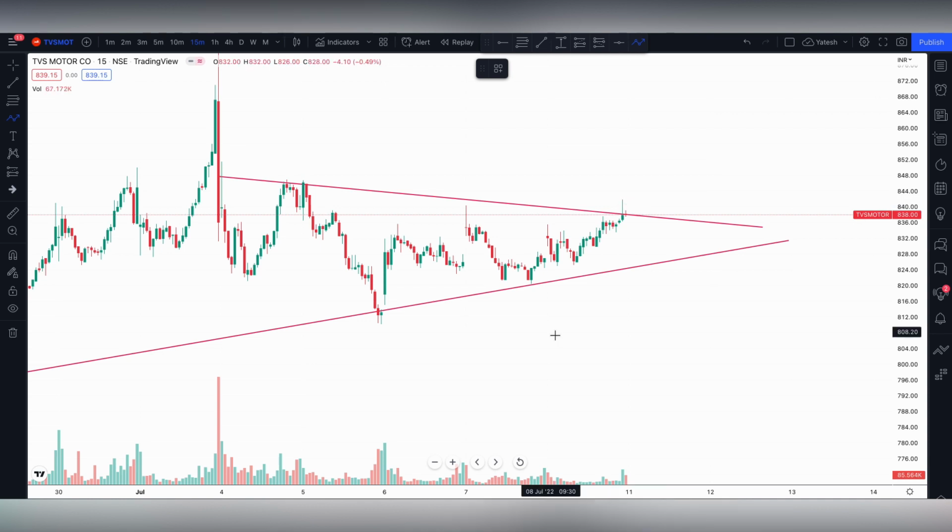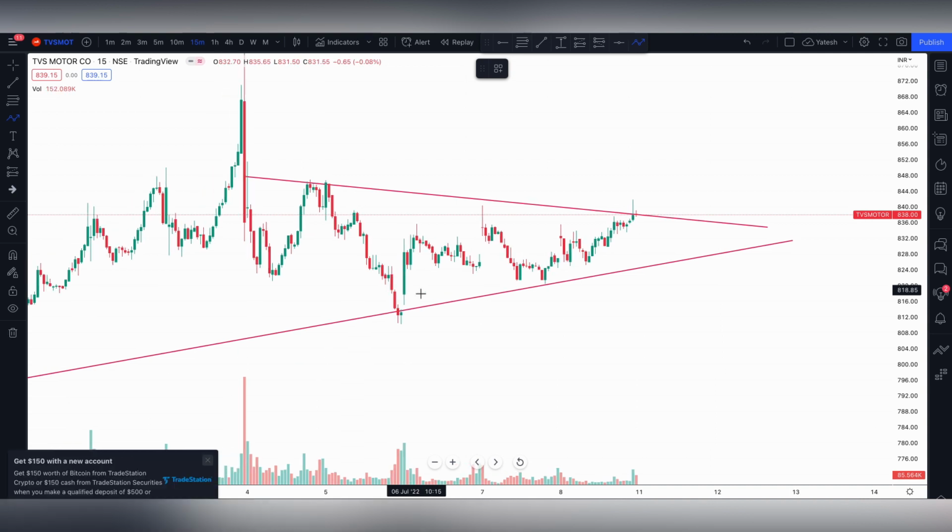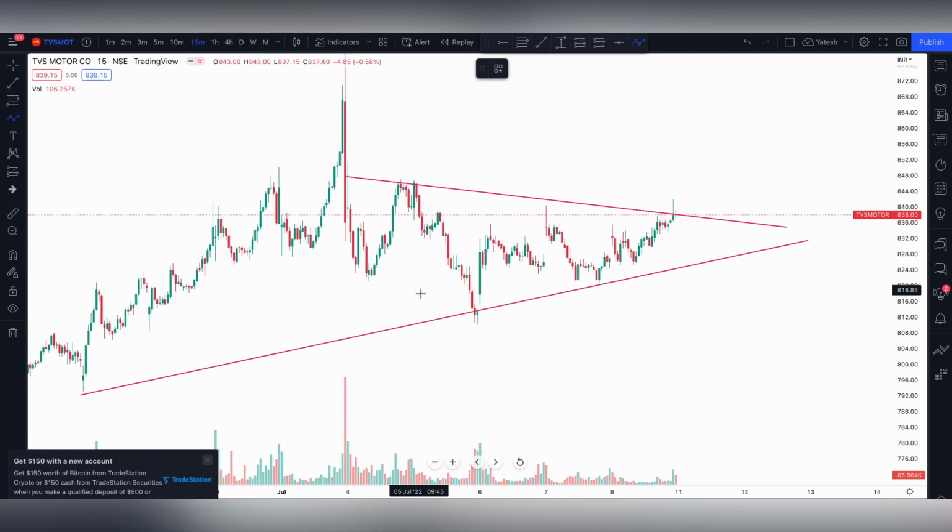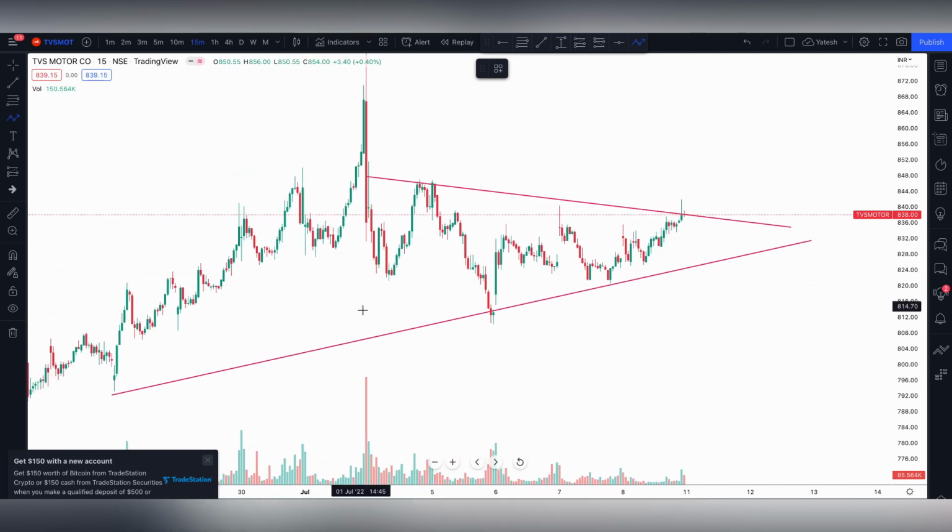Now I personally feel even the 15 minutes time frame is too high for intraday trading. If we want to get entries even quicker, we can switch to the 5 minutes time frame. But before we do that, it's important that on all the time frames, we understand the market sentiment. On the daily time frame, we understood the trend of TVS Motors. Second, on the 1 hour and 15 minutes, we notice that the stock is trading within a range.